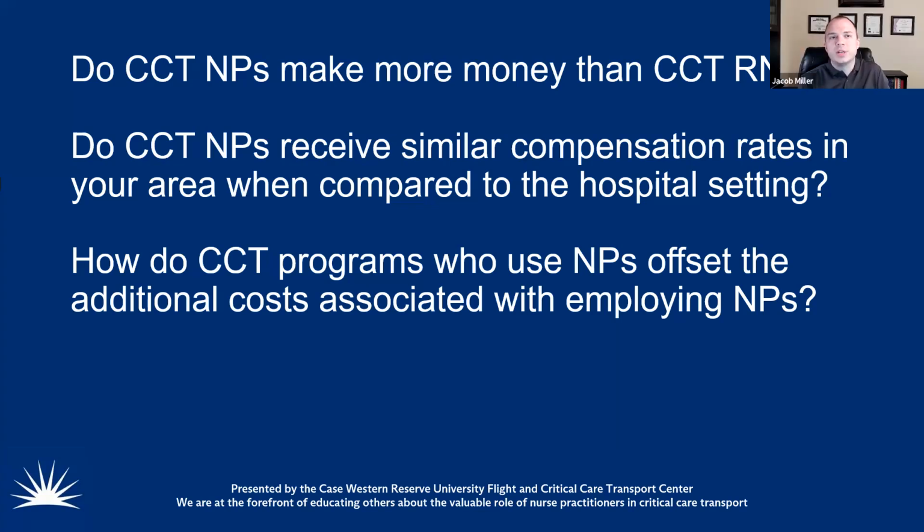There are programs out there that are flying BLS patients, because some of these places out in like the Navajo Nation and those places, your two options are either you call a helicopter for this, or we take the only ambulance for an entire multi-square mile region out of service for 16 hours to drive this patient into the big city. I think almost every APN I know, yourself included, would agree that's not the ideal setting for